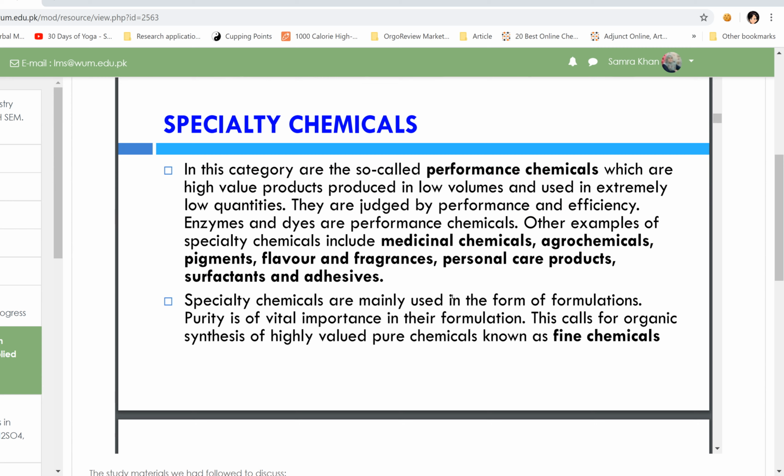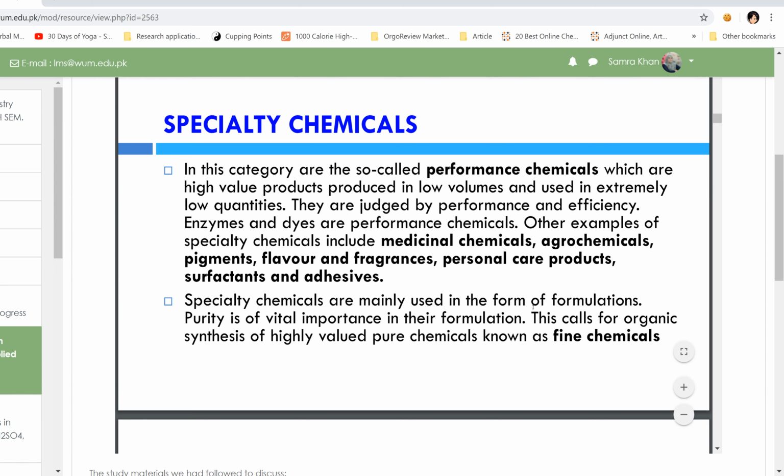So here we have the specialty chemicals, what are those? Those are the medicinal chemicals. Now, medicinal chemicals, let's suppose for the synthesis of aspirin, we would require the bulk of salicylaldehyde. Whereas for the agrochemicals, different pesticides, you would require the starting material or the catalyst, or the different reagents or the different solvents. Those will be coming from the commodities and will be used by the specialty chemicals, including pigments, flavors, and fragrances, cosmetic products, and more.